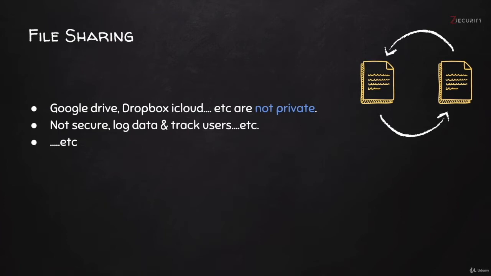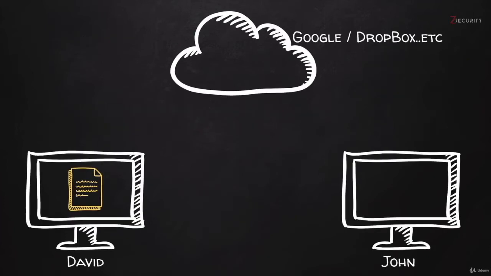The only problem is with these services, similar to many ClearNet services, they are not private. They're gonna log data, they're gonna track you, and they're not secure. Not only that, but the way these services work is not very private because they upload your files to an online server or to the cloud. So you might think, okay, I'm not going to use this. I'm going to use the email services that I showed you before because all of them allow you to send attachments, but they suffer from the same problem. Your file will be uploaded to a server, to the cloud. So let me show you what I mean.